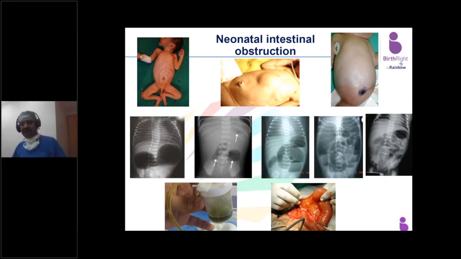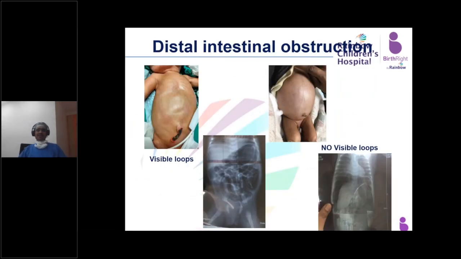On the other hand, distended abdomen, more dilated loops of intestine, think of distal obstruction. Think of a problem at the level of the ileum or the ascending, transverse, descending or sigmoid colon. So coming to the distal intestinal obstruction, see the visible loops on the left side, and in the X-ray, the whole of the intestine is filled with gas. There are no air-fluid levels. There is no free gas under the diaphragm. Think of colonic obstruction. Think of Hirschsprung disease as an important cause of that colonic obstruction.